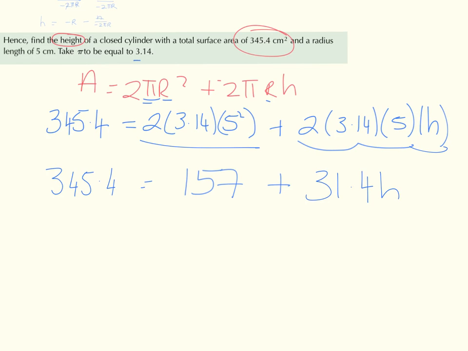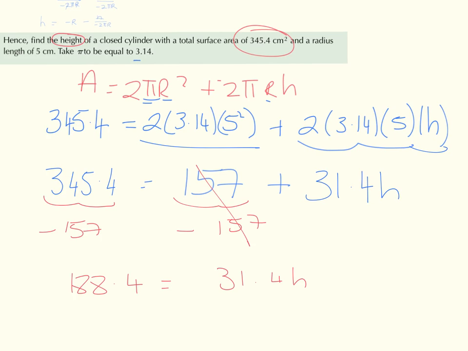So again, we're trying to solve for h the whole time. So, what I would do here is I get my numbers to one side, everything else to the other. So I have a 345.4 and a 157. So I'm going to get them on the right side. So if that's the case, I'm going to do a minus 157 on this side and a minus 157 on this side. They will cancel, and 345.4 minus 157 is 188.4 equals